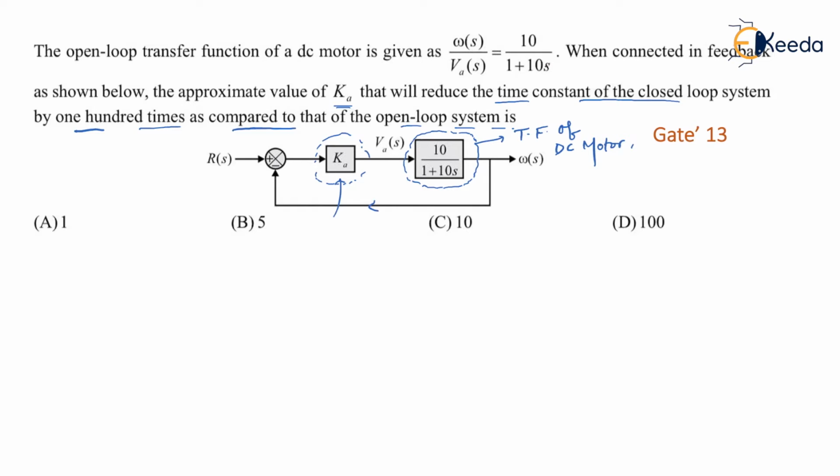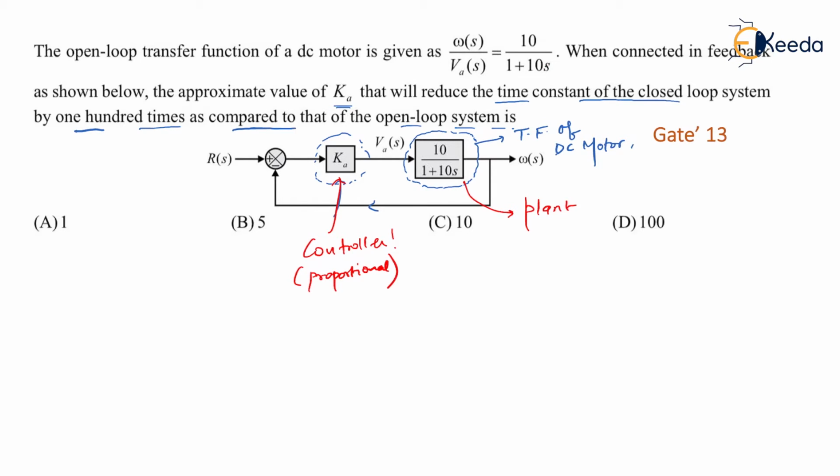Now we haven't started the chapter on controllers, but still let me talk about it. In general, in this closed loop control system, this is what we call the plant, and this is called the controller. When we study controllers, you will find there are many types, like proportional controller, integral controller or derivative controller, or even combinations like proportional plus derivative, proportional plus integral, or PID controller. This type of controller is what we call a proportional controller. So here the type of controller that I have used is a proportional controller.